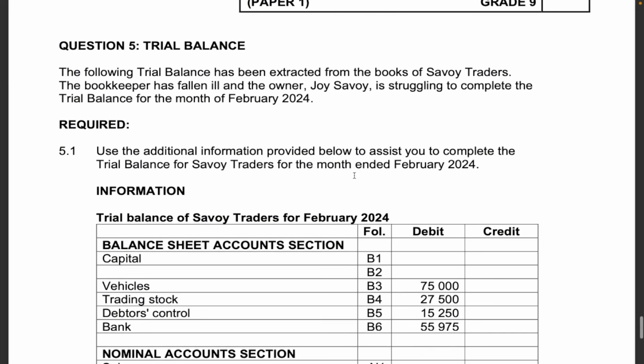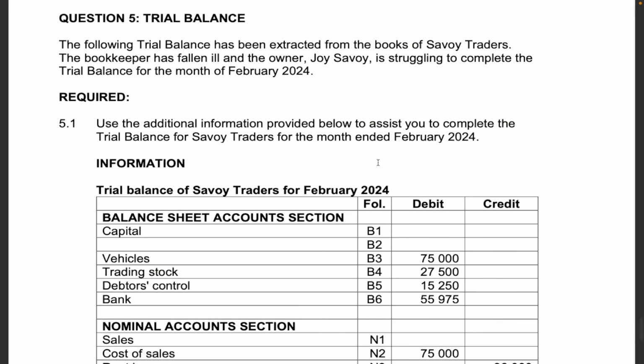Use the additional information provided below to assist you to complete the trial balance of Savoy Traders for the month ended February 2024. Okay, and we're obviously given the introductory notes here. The following trial balance has been extracted from the book of Savoy Traders. The bookkeeper has fallen ill, and the owner, Joy Savoy, is struggling to complete the trial balance for the month